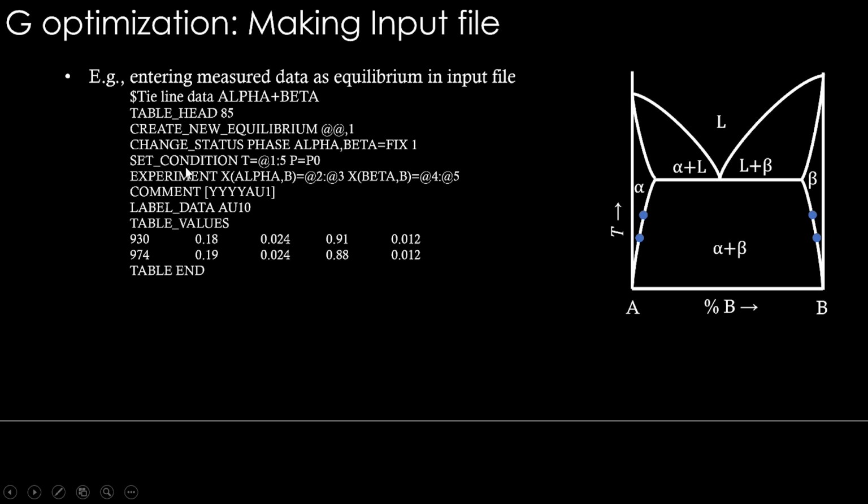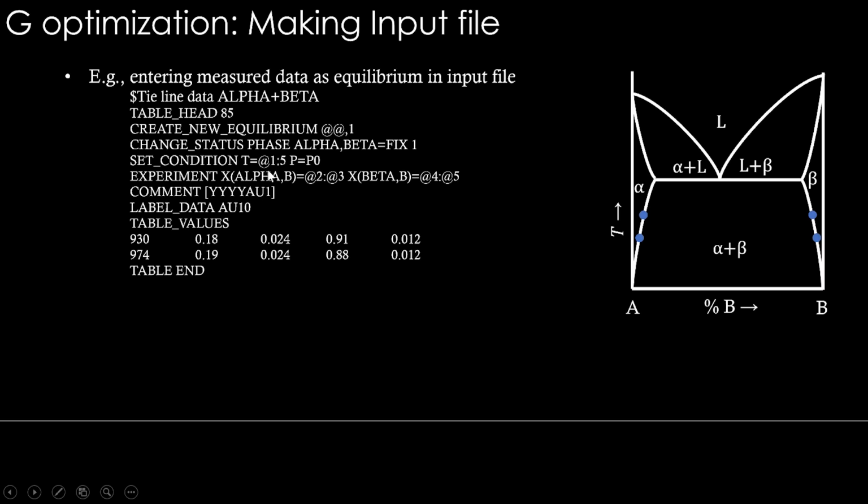Once we do this, then we can set condition. What we have done in the experiment will come here. What we have done in the experiment is keeping the temperature constant. Let's say the temperature here and here is these two values 930 and 974, and it is an isothermal heat treatment to get the phase equilibrium information. So when the samples of any of these overall compositions are selected and they are heat treated at these two temperatures, inside them two phases appeared, alpha beta. After equilibration their compositions are measured, let's say through EPMA kind of measurement, and that's the experiment. Therefore temperature is constant in these two cases.